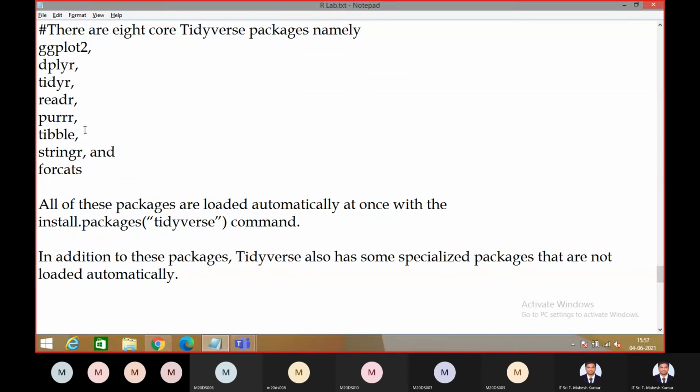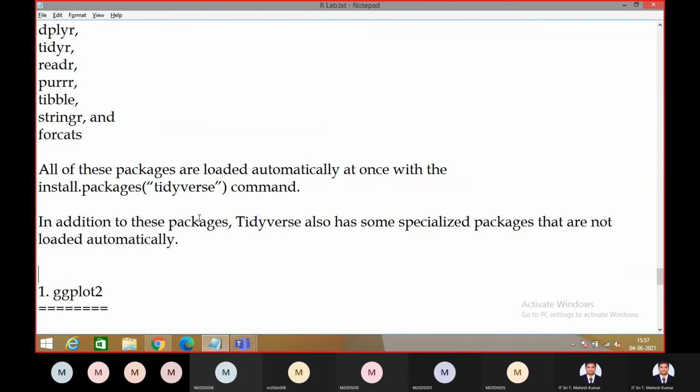Okay, and if you want to load these packages automatically, I already told you, see here, install.packages tidyverse. Automatically it is going to install all the packages. No, sir, I don't want to install all the packages which come under tidyverse. I want to install only ggplot2 or only tibble. In that situation, instead of tidyverse, you have to give ggplot2.